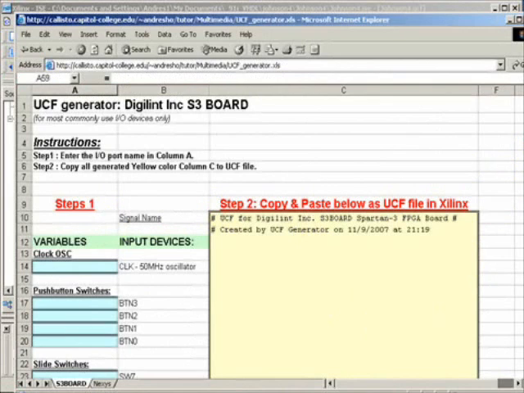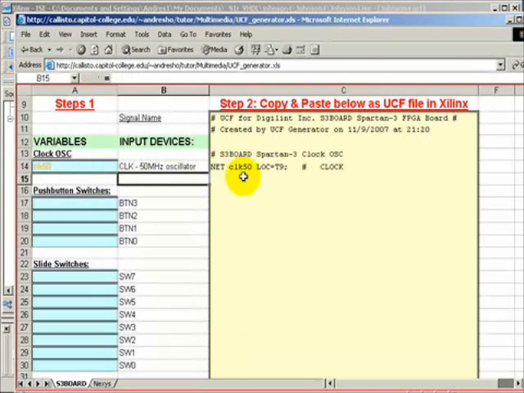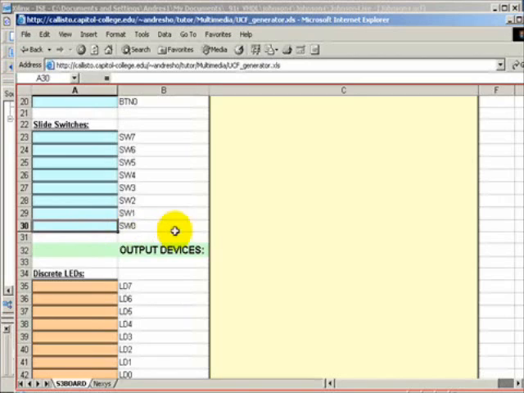And in the column A of the spreadsheet, enter the name that you want to assign to your clock. I believe we have in schematic decided to call that CLK50. Notice when you click somewhere outside of that, this will be filled up with the assignment right there. CLK is assigned T9. And this one, I believe I assigned that to reset right there, L14. And then for slide switch